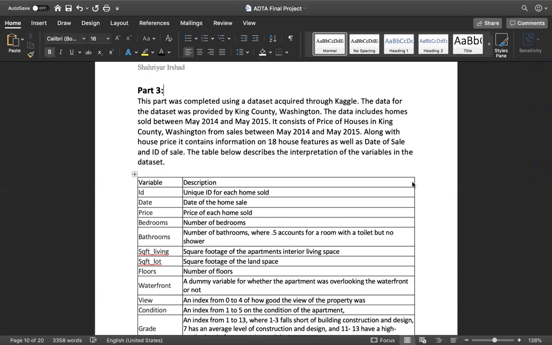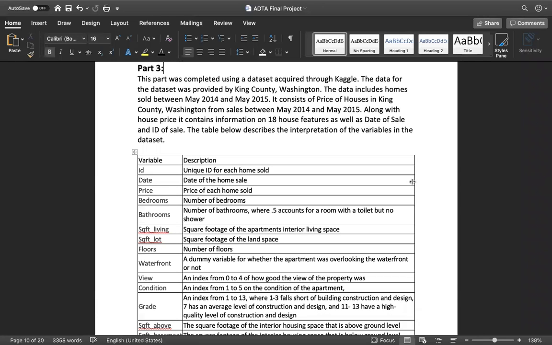Now I'm going to talk about part 3. For part 3, I acquired a data set from Kaggle. This data set was provided by the King County in Washington, and it includes data for homes sold between May 2014 and 2015. It has the price of the houses, and it also has 18 other features, including the date of sale and